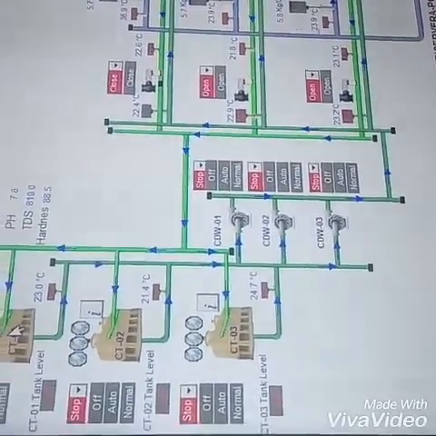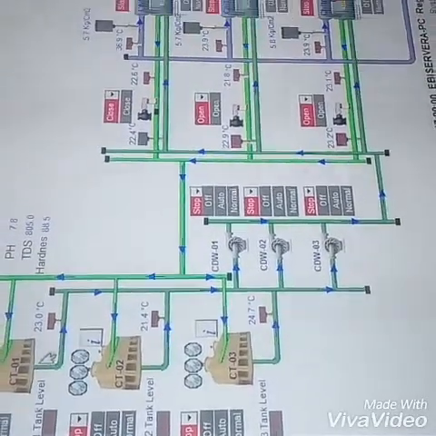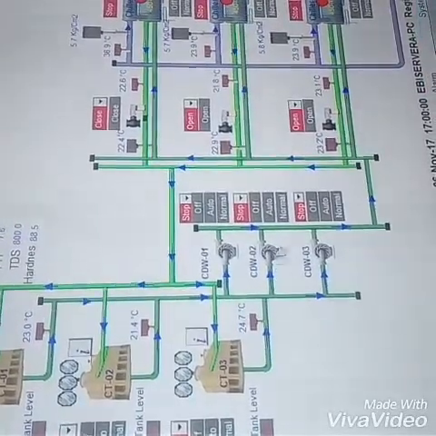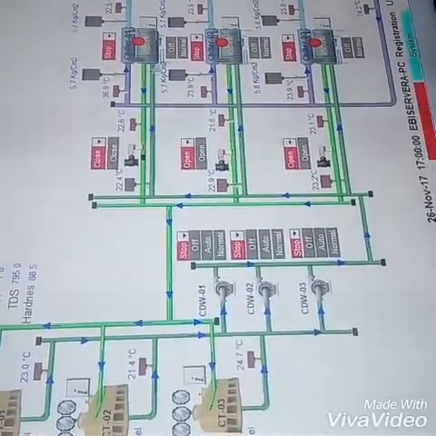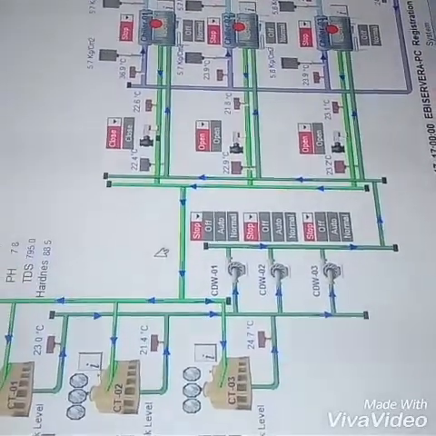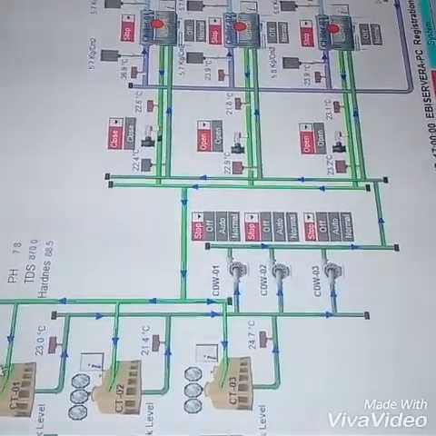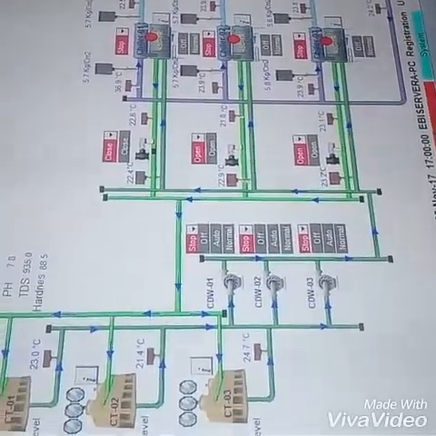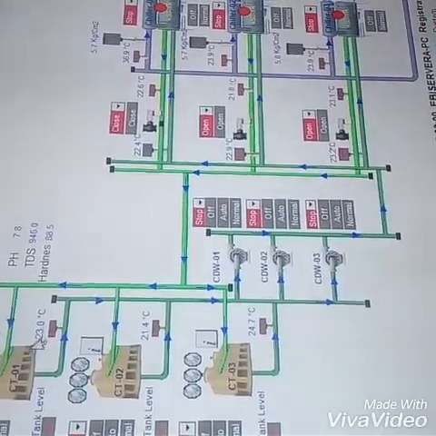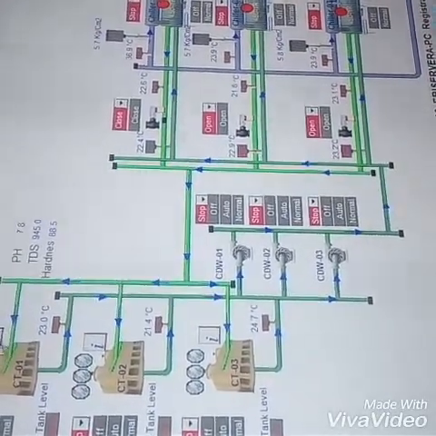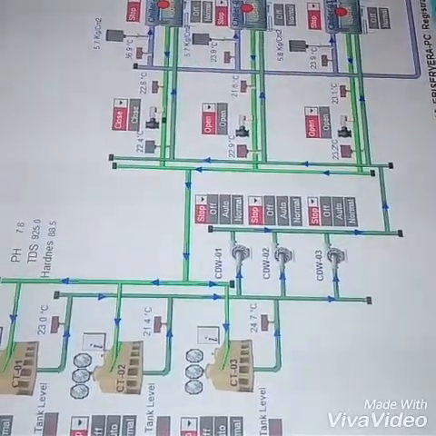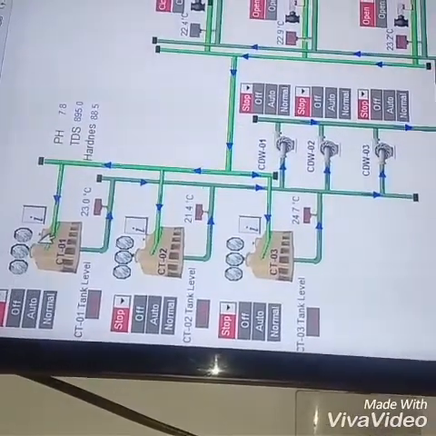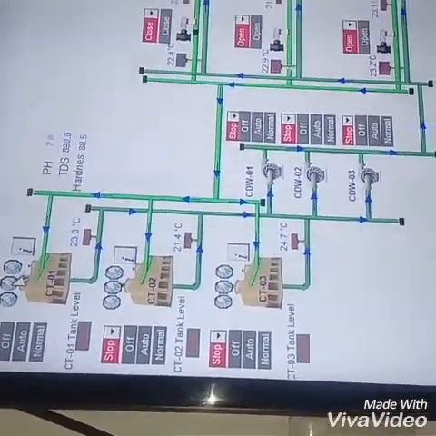I will tell you in the next video how the cooling tower works. In the cooling tower, it will come through the bottom side and go to the chiller plant, and now it will return to the cooling tower. Okay, now it will get cooled with the help of this. Here fins are there. Fans are also there, 3 fans. These fans are controlled from here also. When we start from here, all the 3 fans will automatically run.